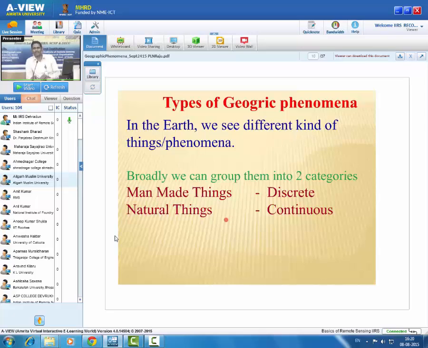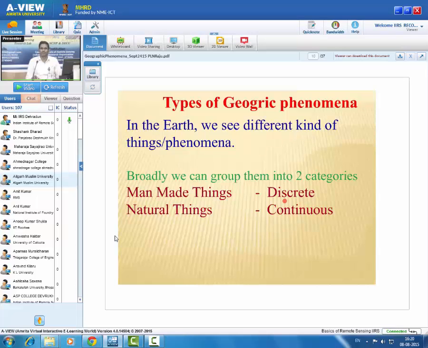These are all man-made things. And then you have natural things: natural vegetation, and the terrain. The terrain is natural, because the mountains are also created naturally, and the terrain information is created. And then if you talk about these man-made things and natural things, they also can be